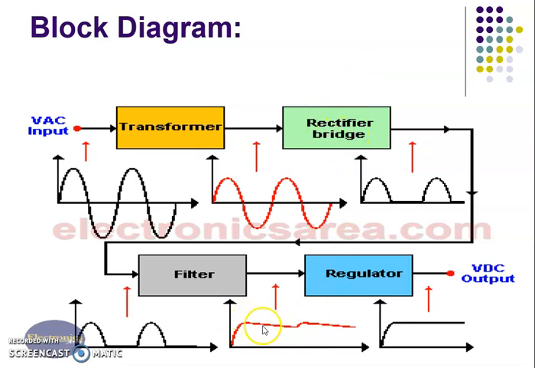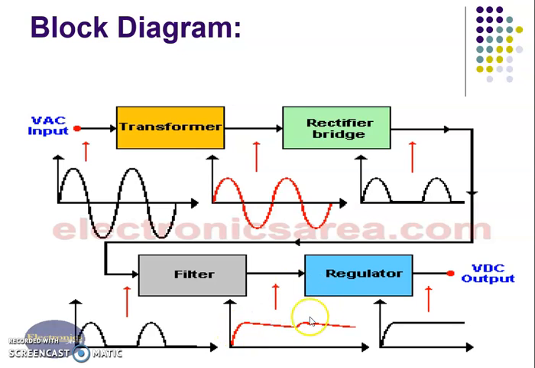So this particular diagram is for half wave, because in half wave, in between these two there is no output, so that this discharging time is long. When the next half comes, again the capacitor starts charging, and then again it starts discharging. So this waveform is approaching the DC output.